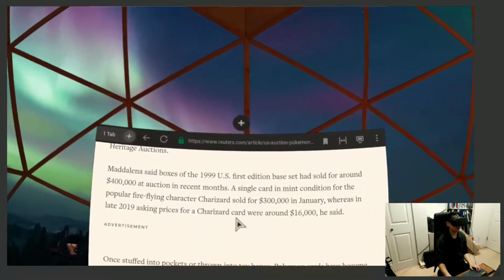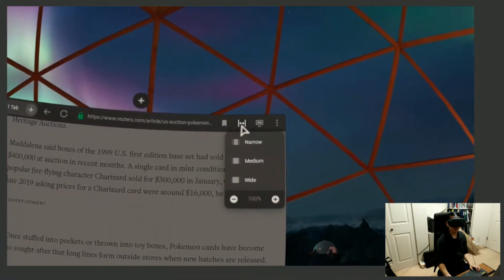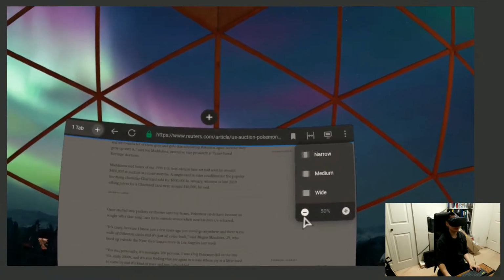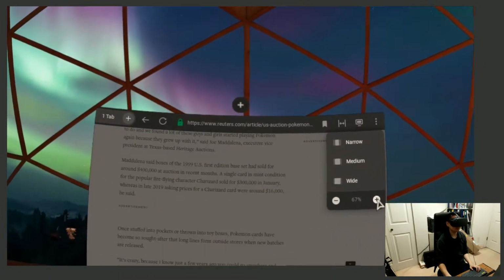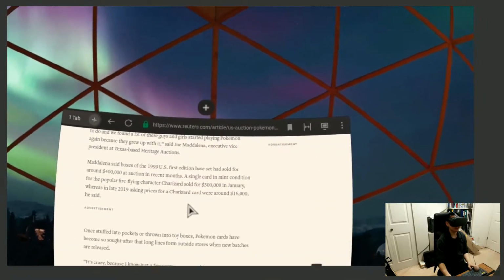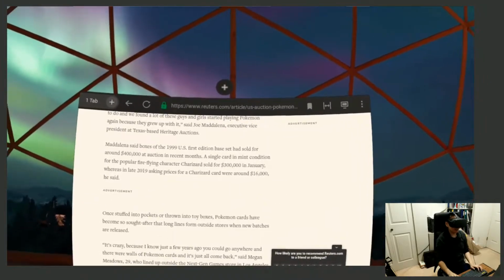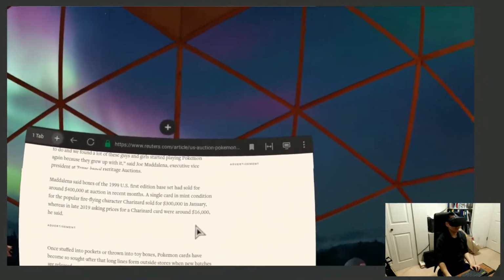Scrolling is a bit funky. But I saw before that you can zoom out. So let's get to a more standard kind of size. And yeah, I don't want to bash this in any way, because